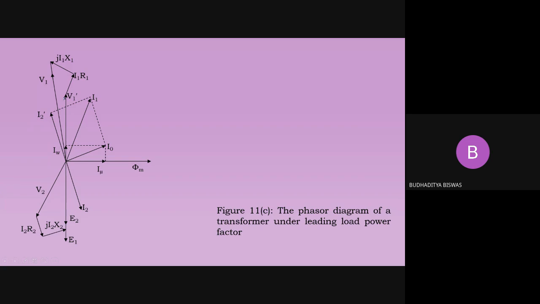And if we take the phasor summation of the three voltages, meaning the primary resistance voltage, primary reactance voltage, and the voltage across the primary winding, we get the supply voltage V1. And the angle between V1 and I1 should be phi, the input phasor diagram phase angle of the transformer. So these are the things you need to remember.